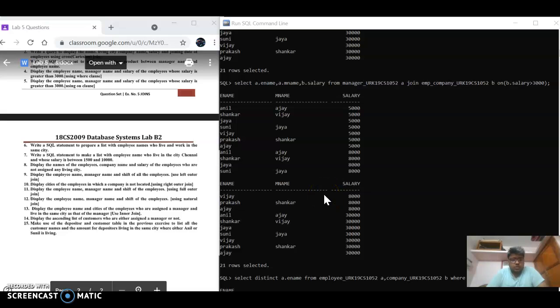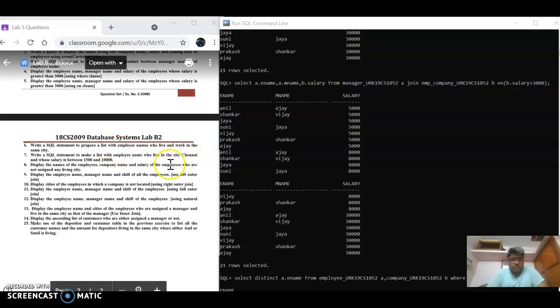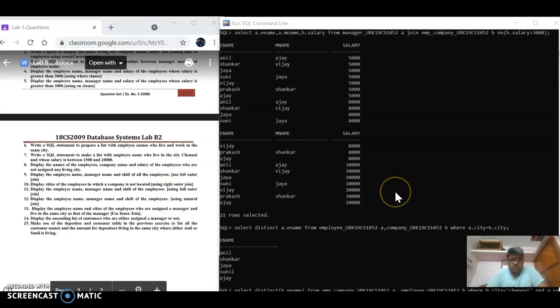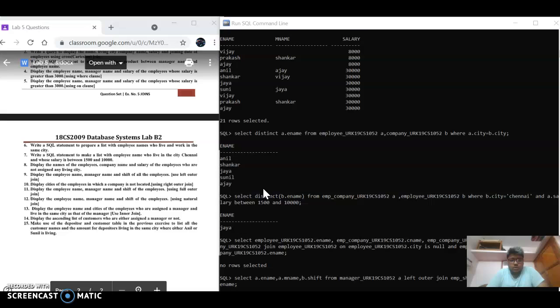And sixth question: write a SQL statement to prepare a list with the employee name who live and work in the same city. So select a distinct e name from employee table and a company table where A dot city equal to B dot city. So this is that output I get.